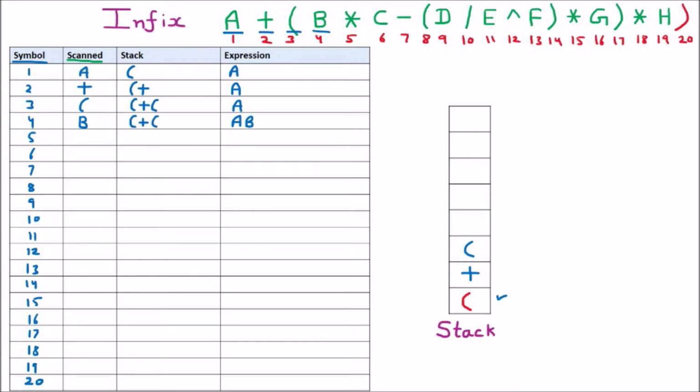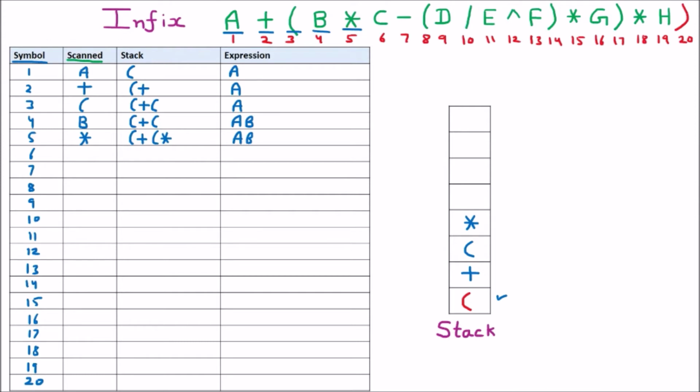Then afterward we have the fifth symbol, which is star. Star is an operator. Now again we know that there are two cases, and we have to check whether an operator is already present on the top of the stack. No. So directly put it. So case number 1 worked. That means onto the stack we now have star. So bracket, plus, bracket, star, and AB will remain the same.